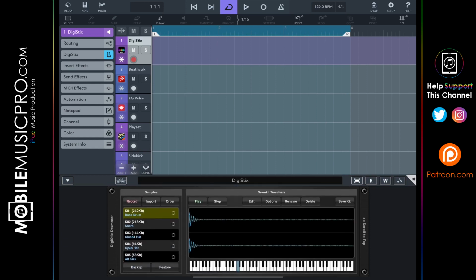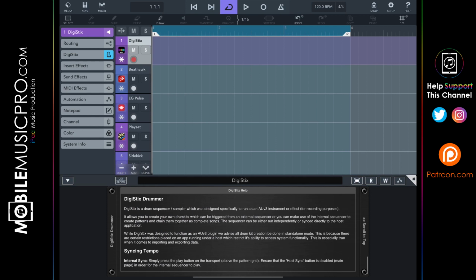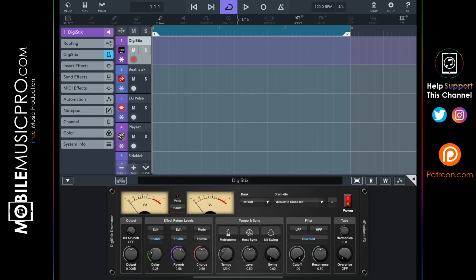And finally, we have the sample page. This is where you can import your own sounds. And as always, there is an About page, of course, here at the bottom, but you won't be using this page very much. Now, many of the apps we'll be talking about today do scale pretty well in their AUv3